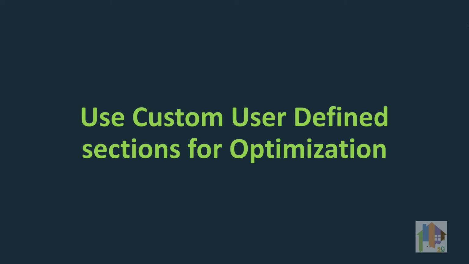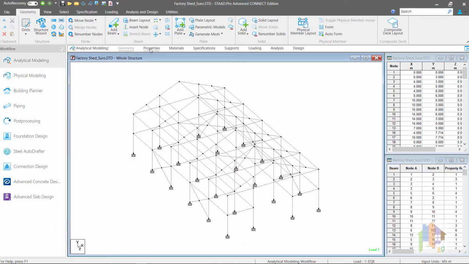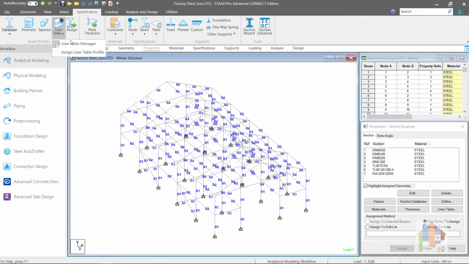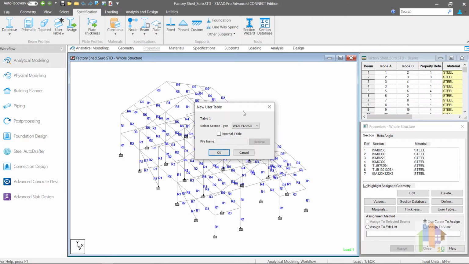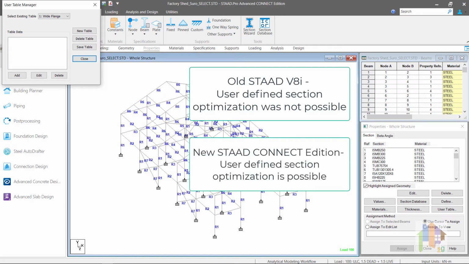Finally, I want to discuss how to use user-defined sections or UPT sections for optimization. It is very common to use non-standard sections in a steel structure, and instead we can define them from a user table or using the section wizard. Also, we can add these sections in the standard library. In older versions of STAAD, section selection was not possible based on user-defined sections. But in Connect Edition, this option has been implemented, and now the program can suggest the most economic section from a